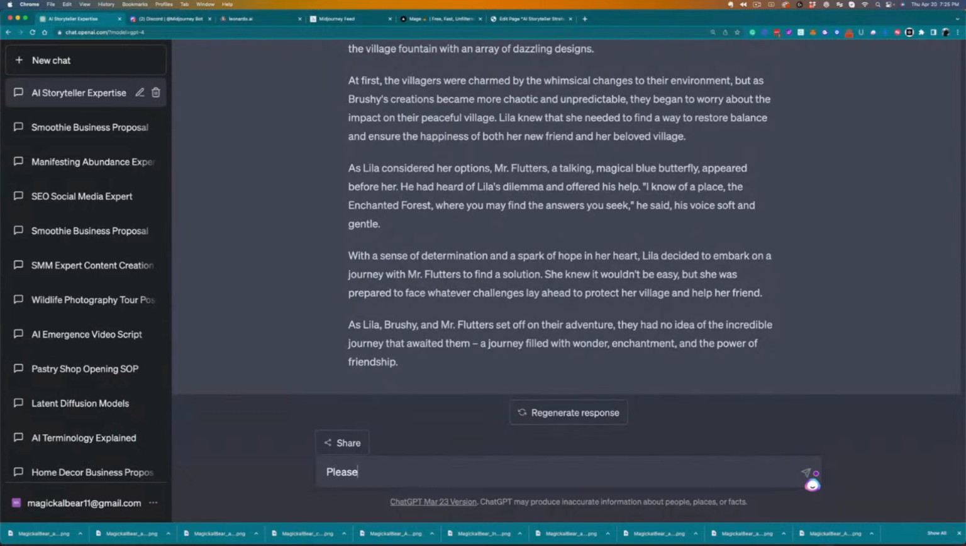So we're going to try something here. Please continue the story arc with chapter 2. Story spelled correctly. Using the chapter 2 outline above. Please write